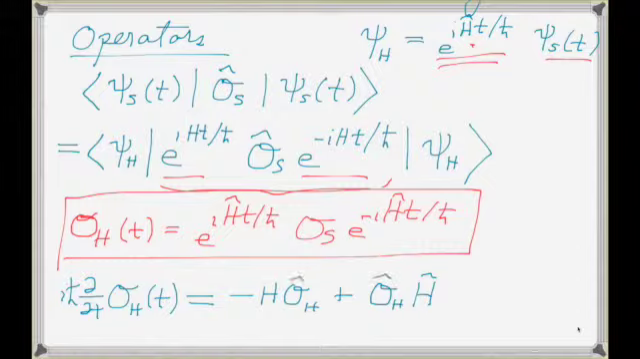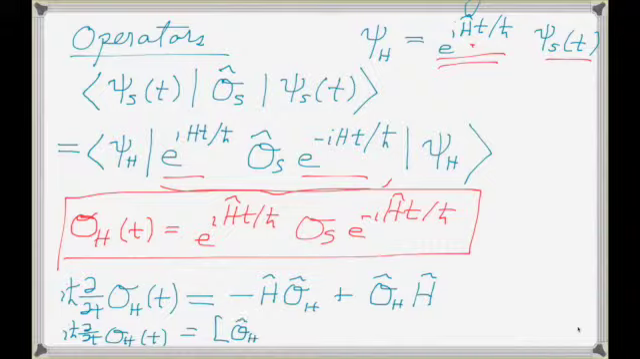So these are all operators, and order is important. The Hamiltonian doesn't necessarily commute with the operator, because it could be an arbitrary operator. So what we have here is a commutation relationship that defines the time dependence. So i h bar d/dt O_H(t) is equal to the commutator of